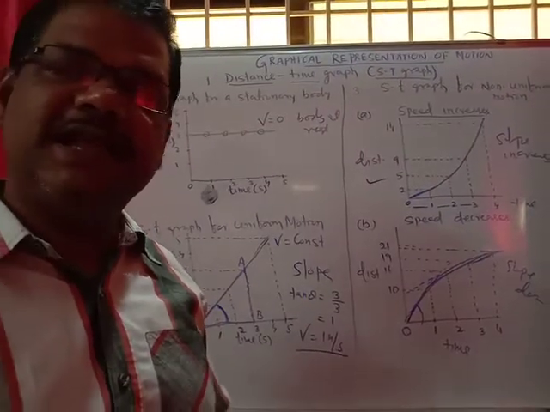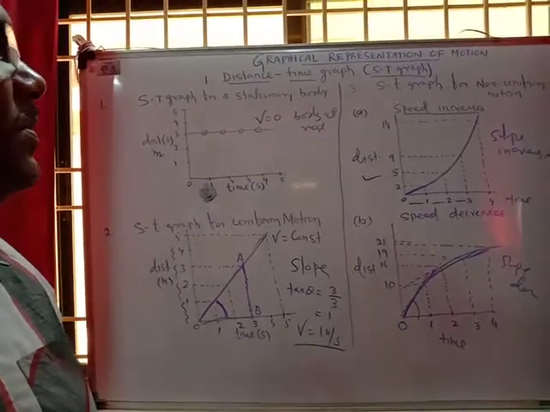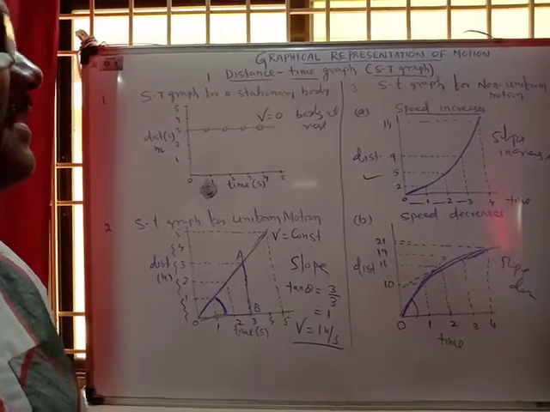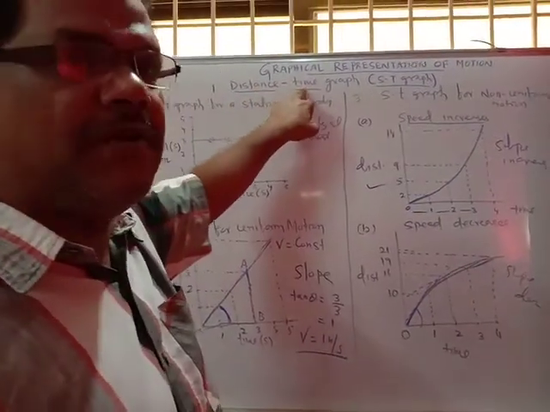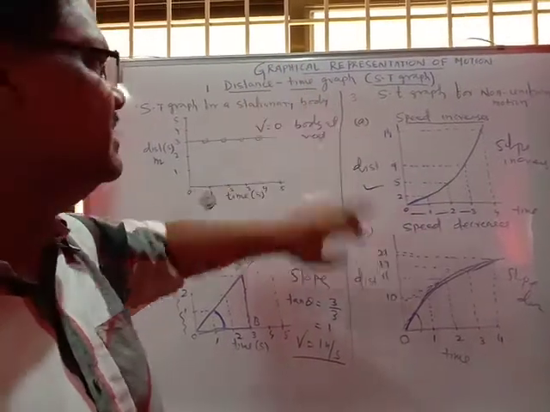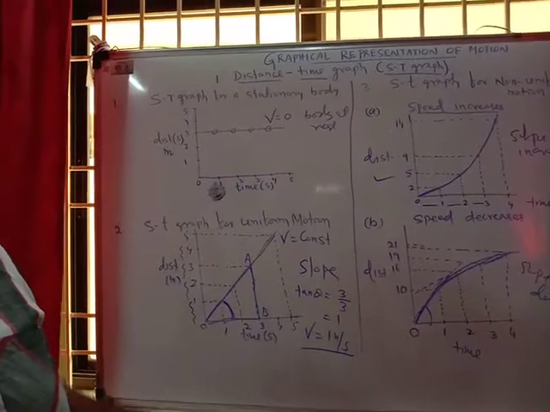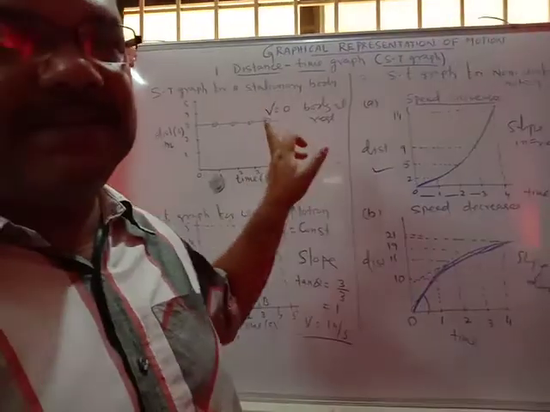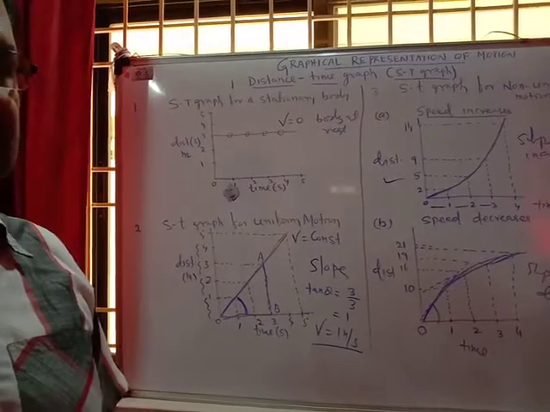This distance time graph is also told as the position time graph. So what happens in the distance time graph? In the distance time graph, the dependent quantity is distance and the independent quantity is time. According to the time, the distance is changing whenever the body is in motion. So we have to represent the time on the x-axis and distance on the y-axis. The graph so obtained is called the distance time graph.